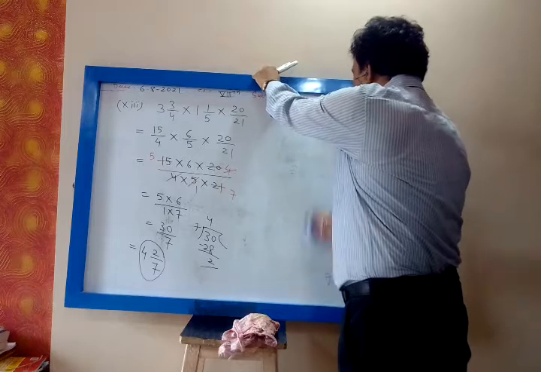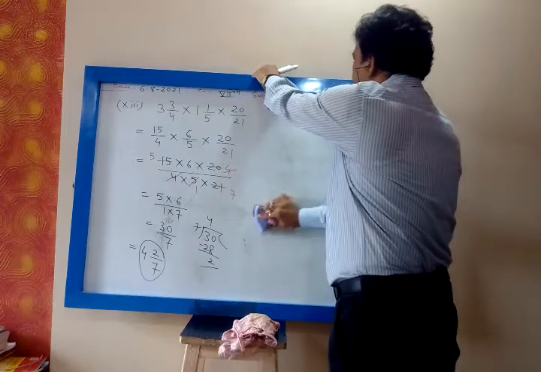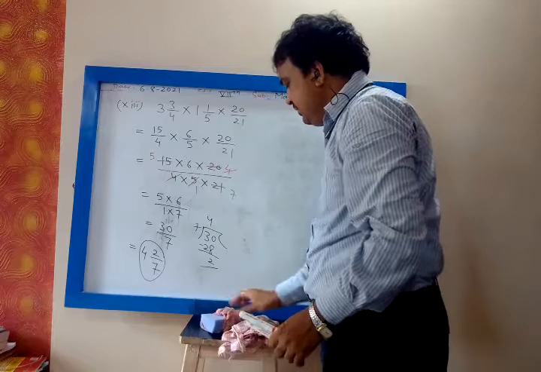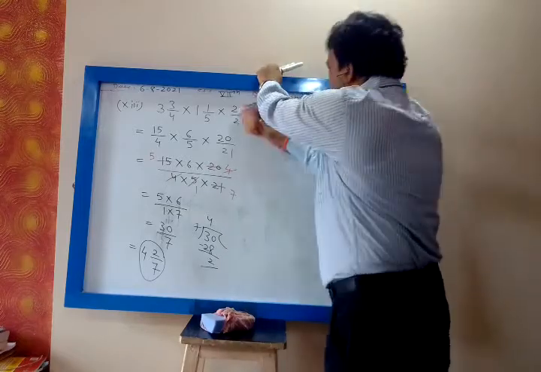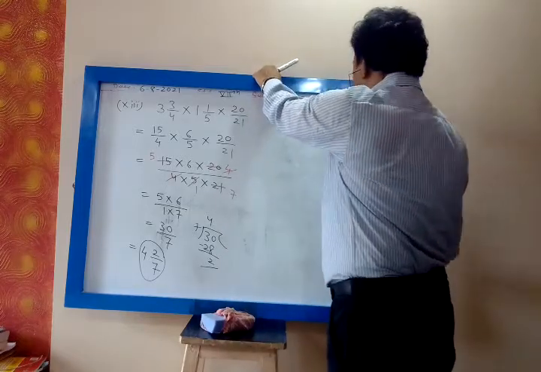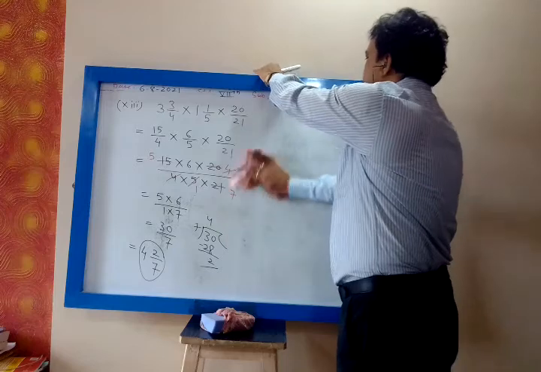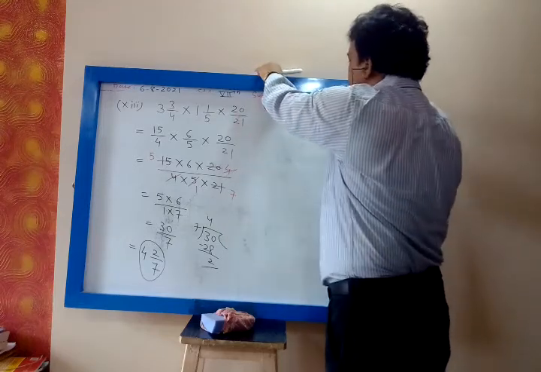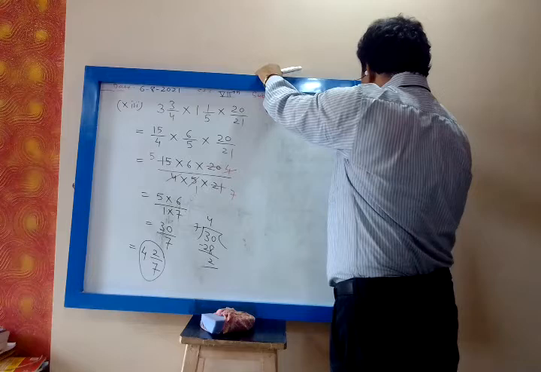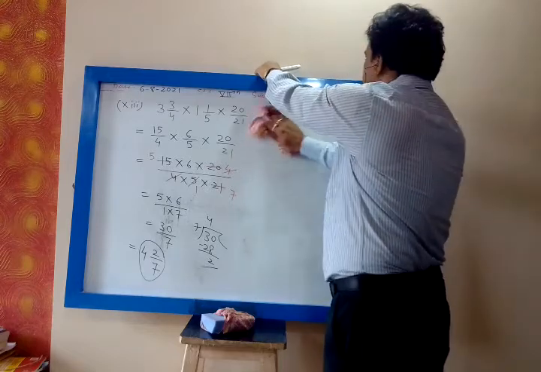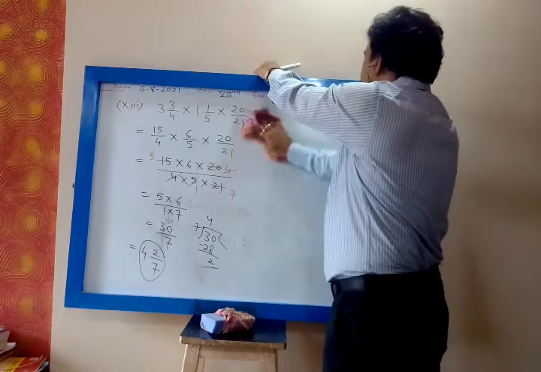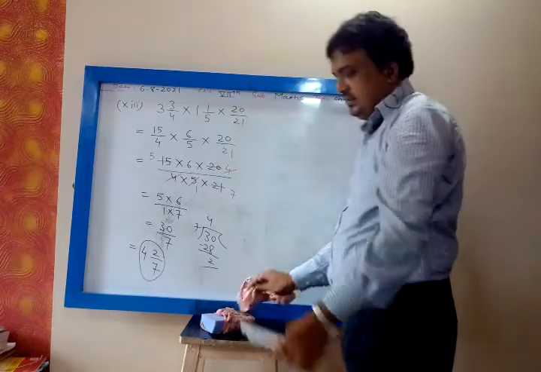So whenever it is multiplication of two fractions, somebody gave the answer by LCM. My dear, LCM we do only in case of addition and subtraction. Only in case of addition and subtraction we go for the LCM method, that is, addition and subtraction of rational numbers and addition and subtraction of fractions.